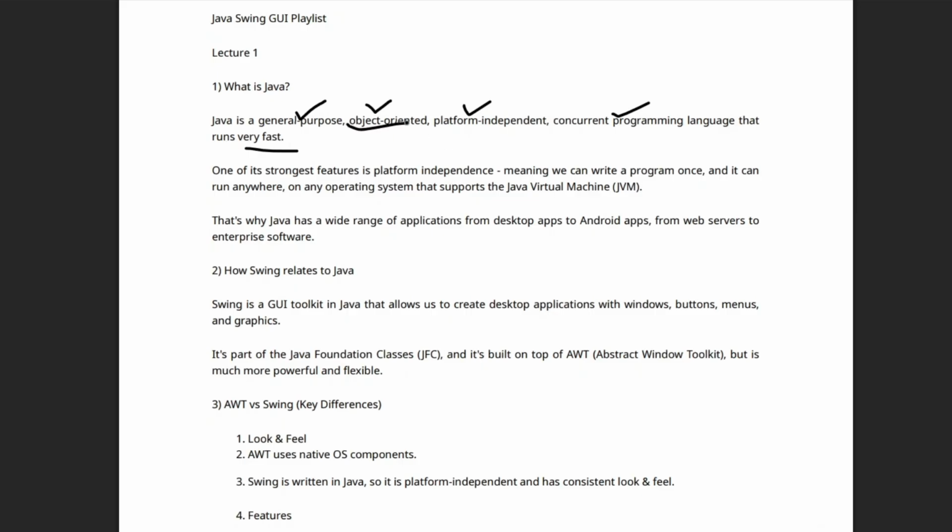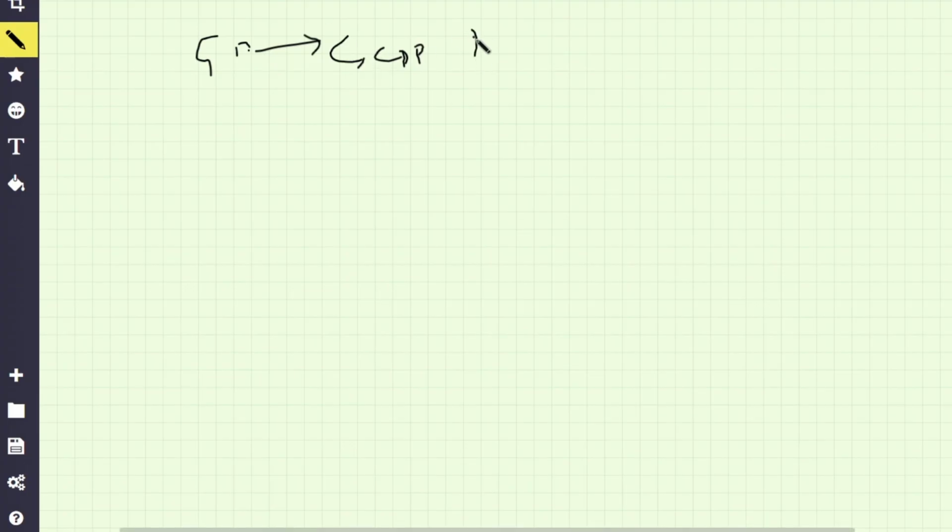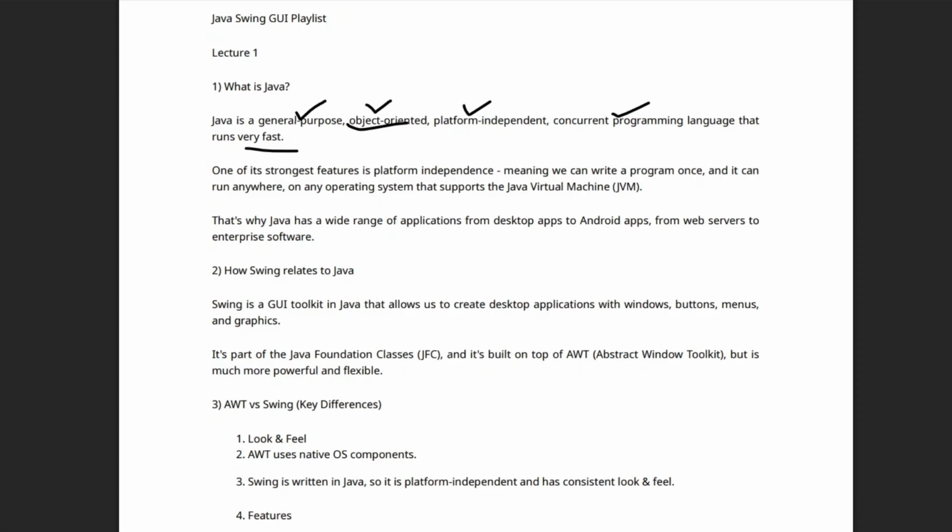When it comes to object oriented, you already learned it in C++, right? If there is a class, in the class we have some statements, and we create an object of that class. How this object is created can also be explained in Java.